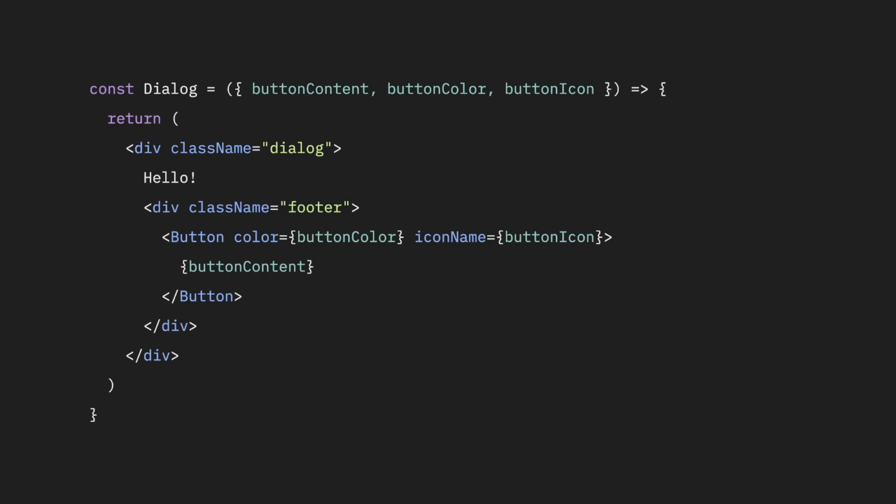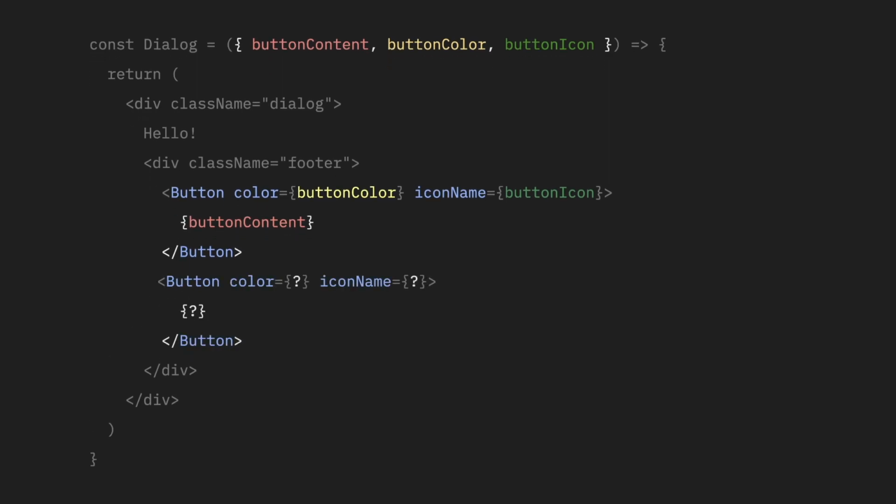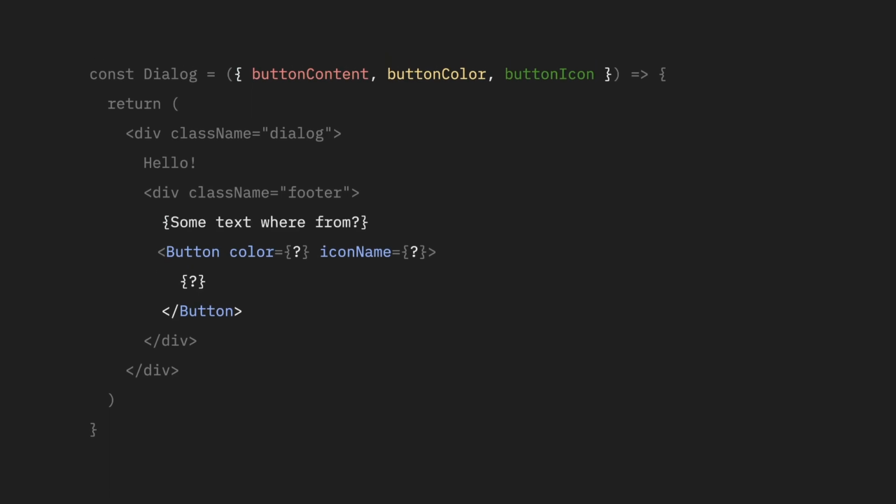One way to do it, of course, would be just to pass this button configuration as props, where every prop controls different aspects of this button. But that's going to be quite cumbersome. What if we want to render two buttons there? Or add some text before the button that is also passed from the outside? Configuring this through props will be very complicated very soon. Not to mention that every time you want to add some new configuration, you would have to change the modal